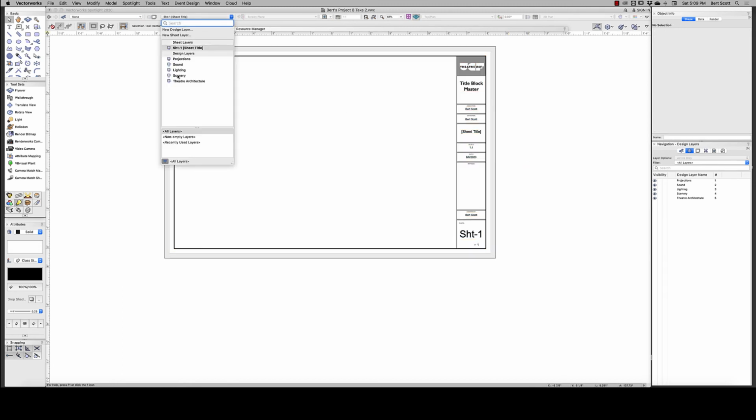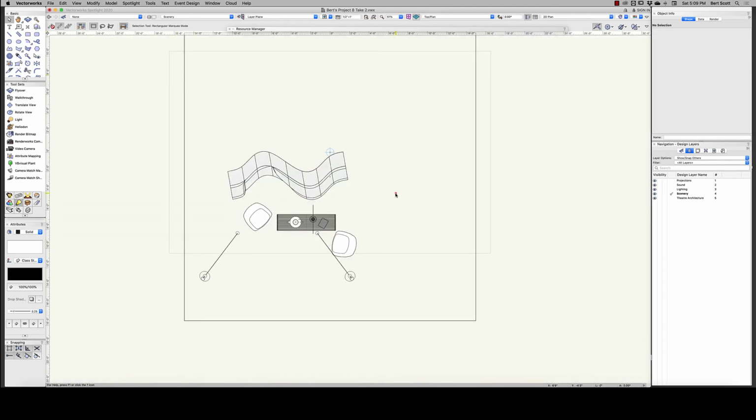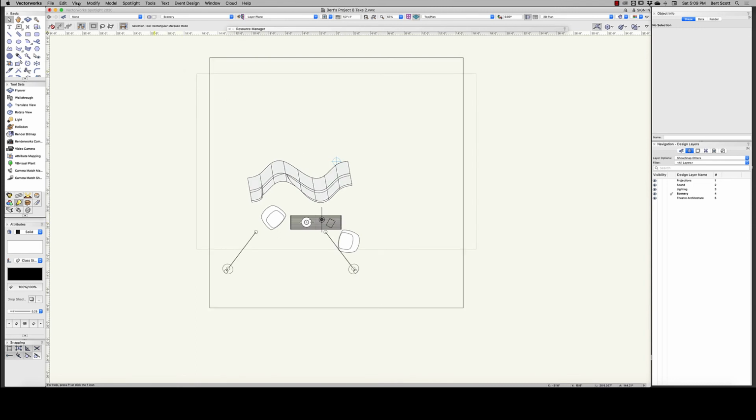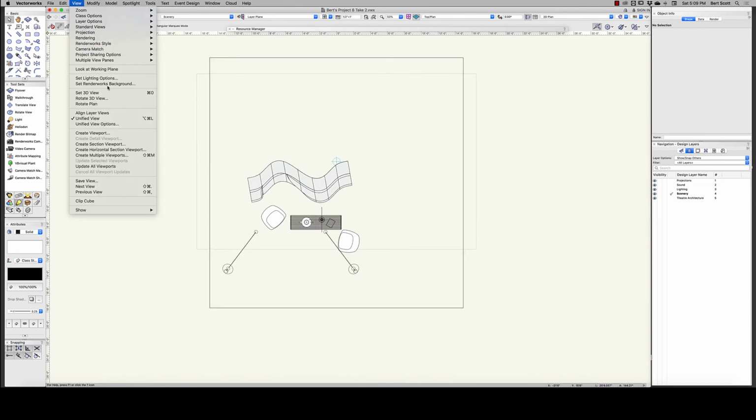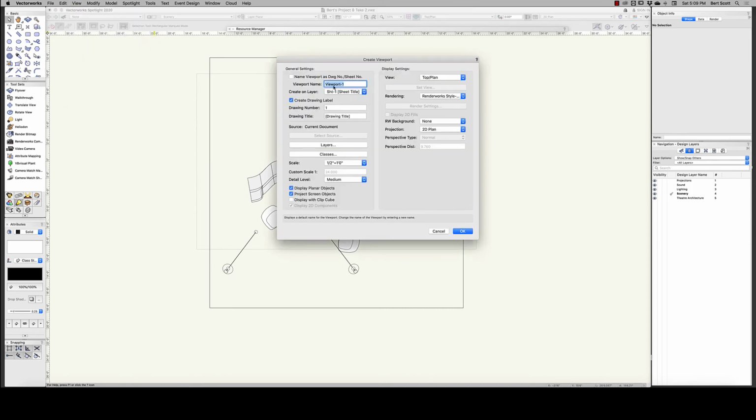So back to scenery, and I'm going to go ahead and create a viewport. We're going to put it on the only sheet that's available. I'm going to change the scale from 1/2 inch to 3/8 inch. 1/2 inch is a little more standard, but to be perfectly honest, 3/8 inch will fit on the 11x17 paper that we've all been using, and